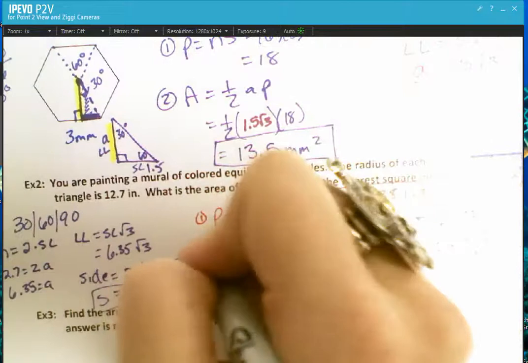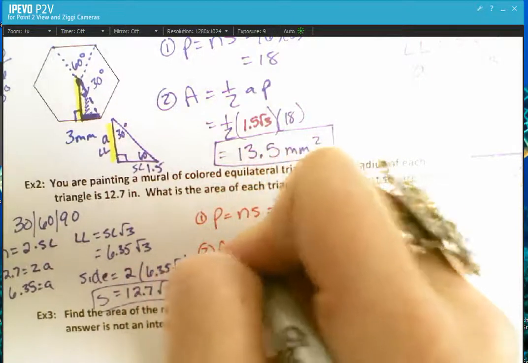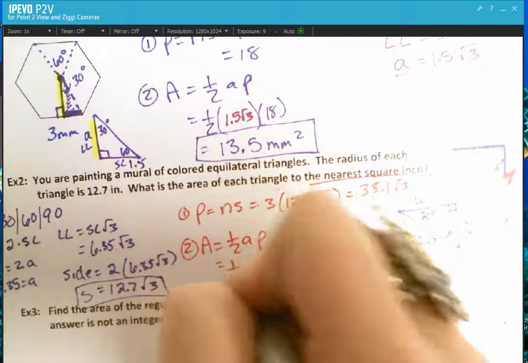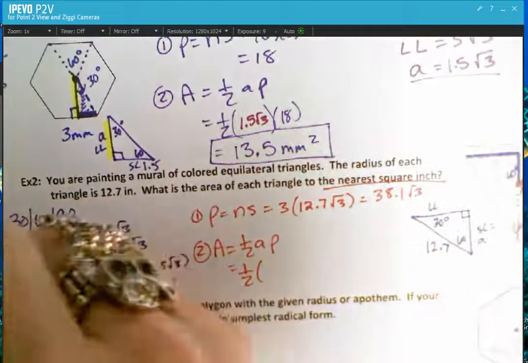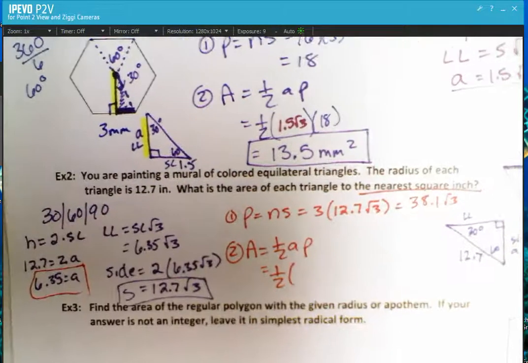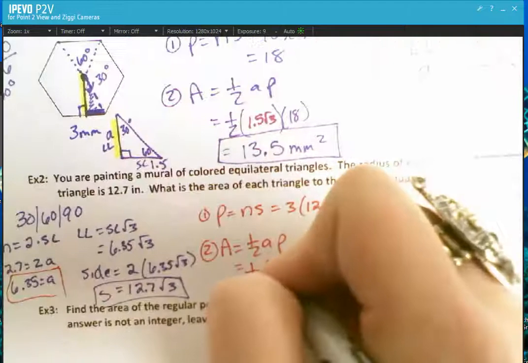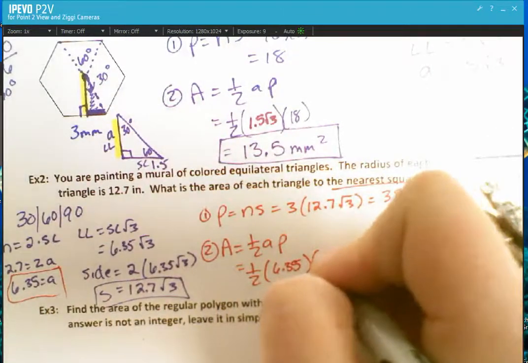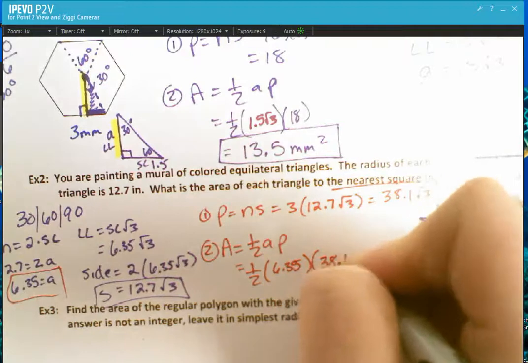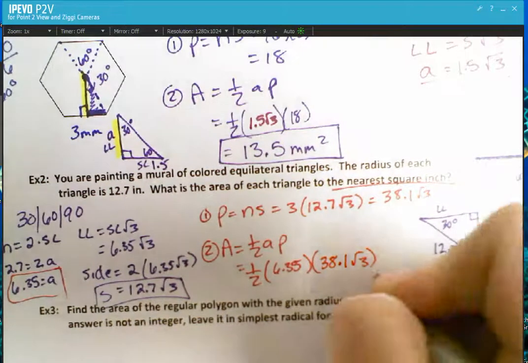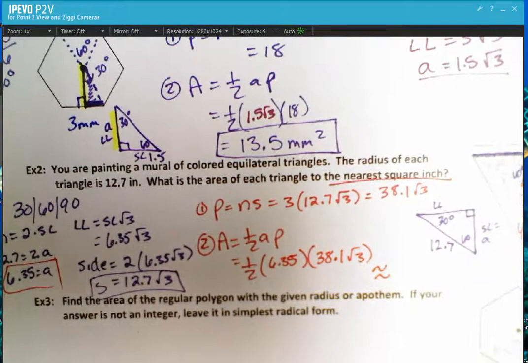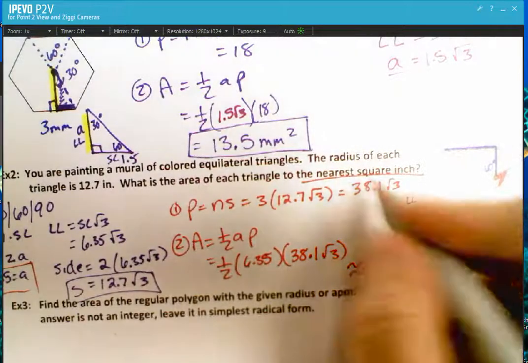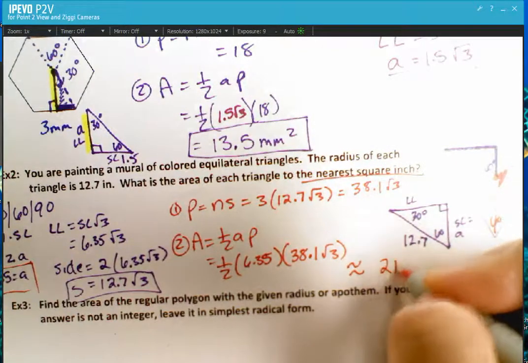Step 2 is to find the area. Area equals 1/2 AP. Substituting in the pieces I know: 1/2, the apothem we went and found over here is 6.35, times the perimeter, which is 38.1 rad 3. When I put that in my calculator, I get approximately, to the nearest inch, 210